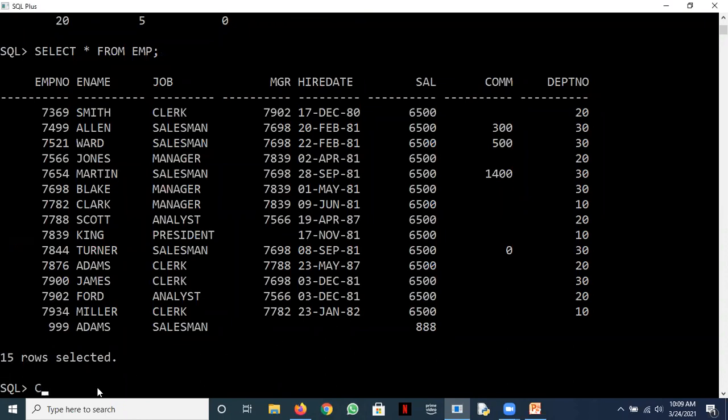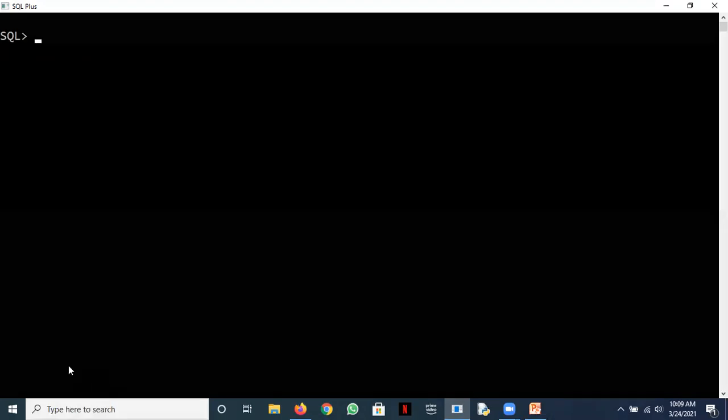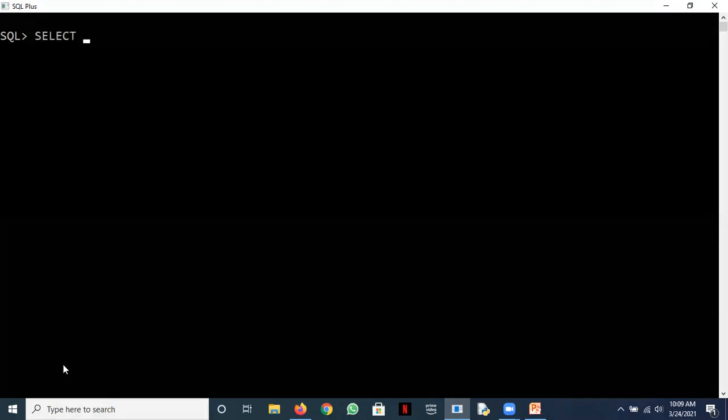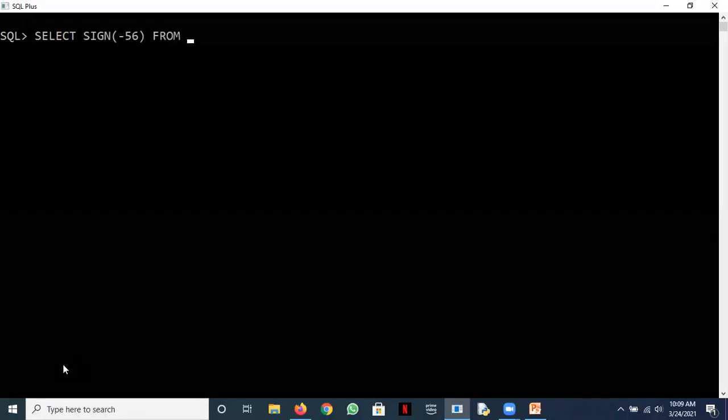So we were working with the arithmetic functions. Mod function is there. Sign function is also there. Let's see the sign function. If I write this, can somebody predict the output?